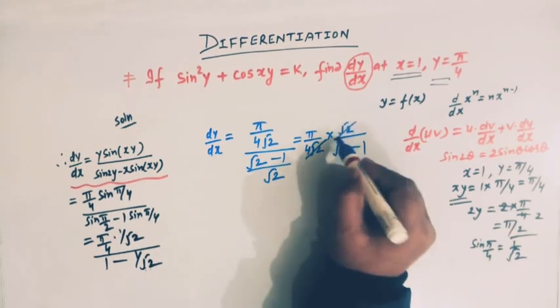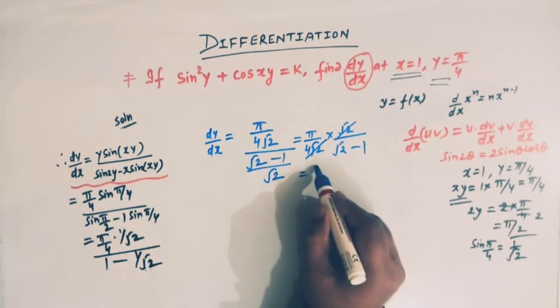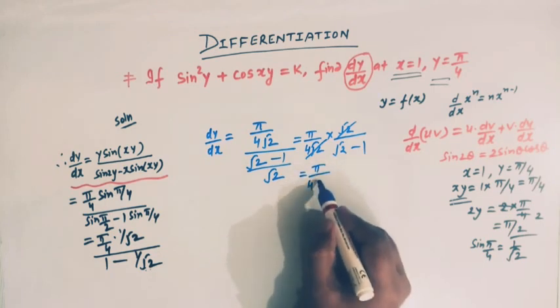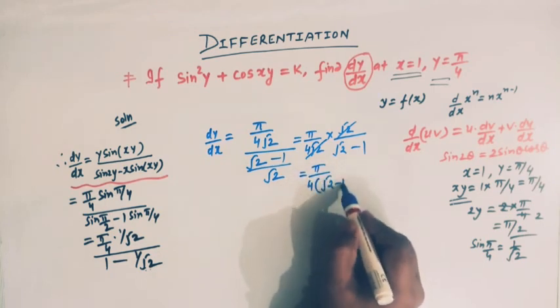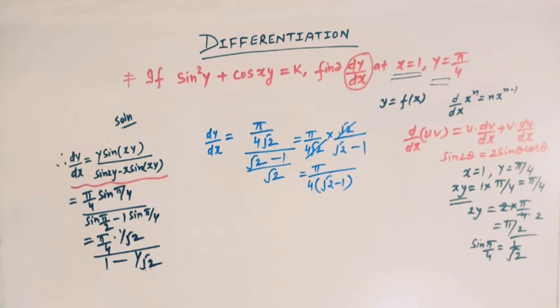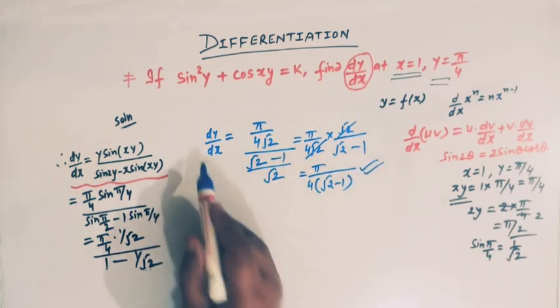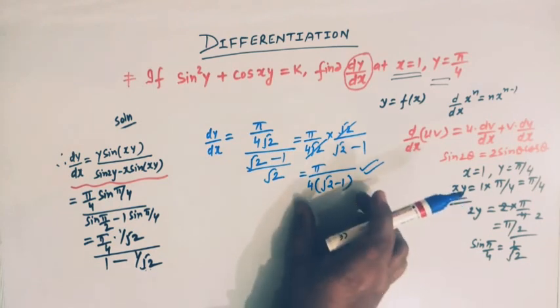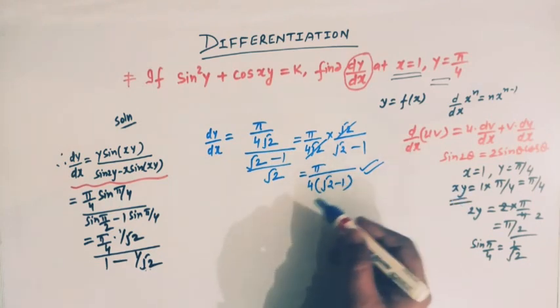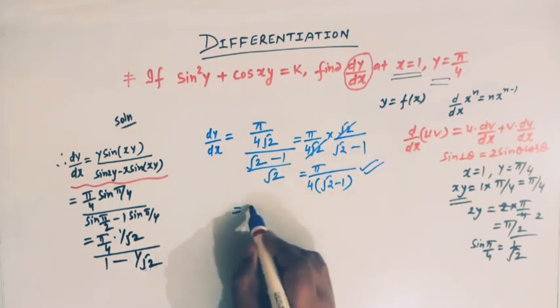Root 2 and root 2 get cancelled, so we have pi over 4 times root 2 minus 1, right? So we can take this value as our final result, but if we wish to simplify it further,